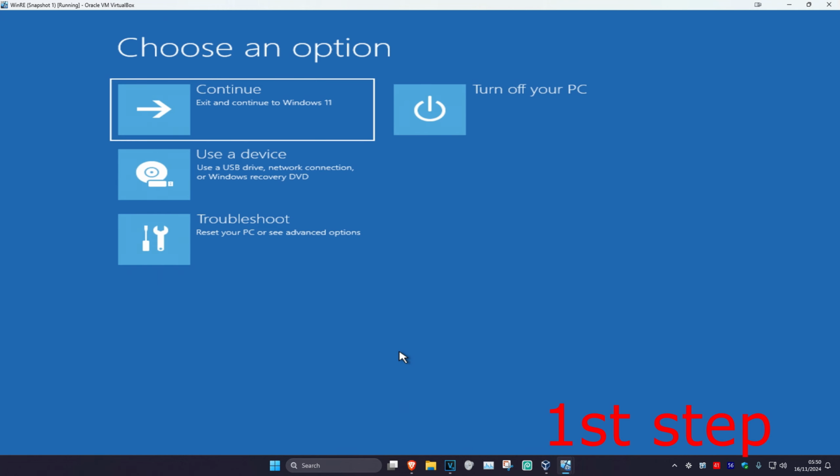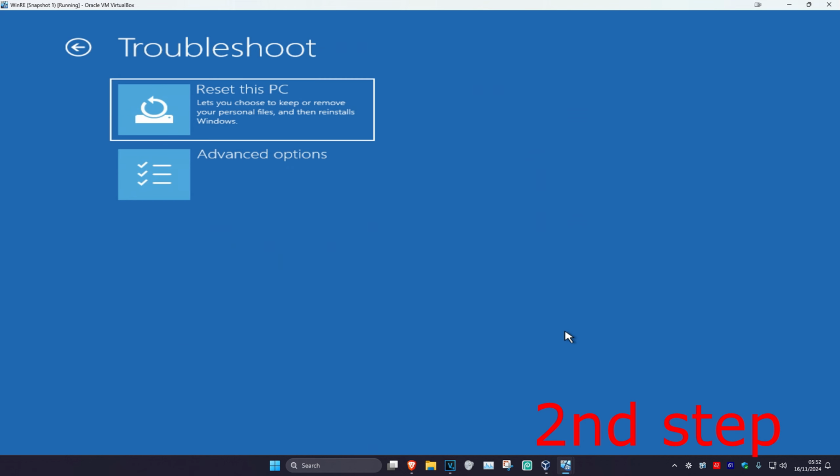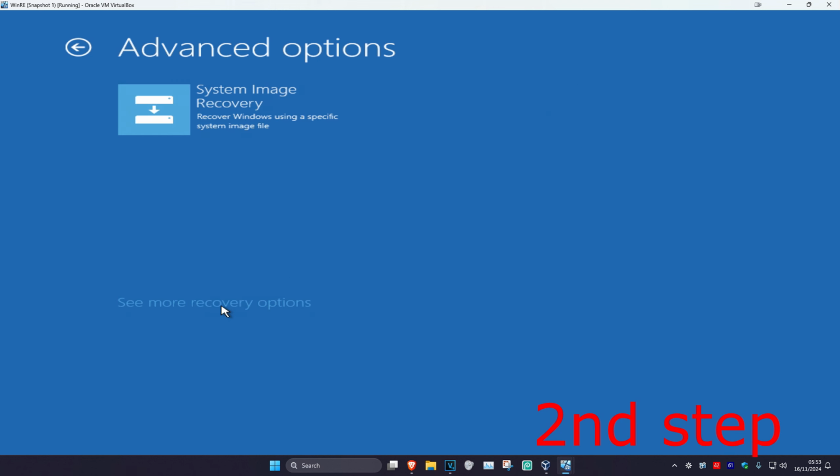Repeat this 3 times, it will then take you into this screen. If it says that your PC did not start correctly, you want to click on Advanced Options. And then once we're here, you want to click on Troubleshoot, Advanced Options, and then Command Prompt. If you do not see Command Prompt, you want to click on See Recovery Options, and then it should appear